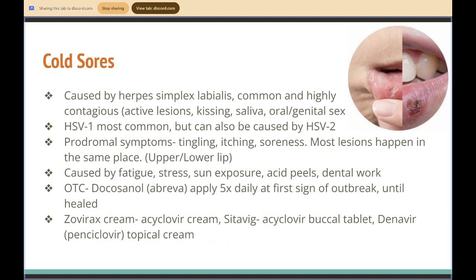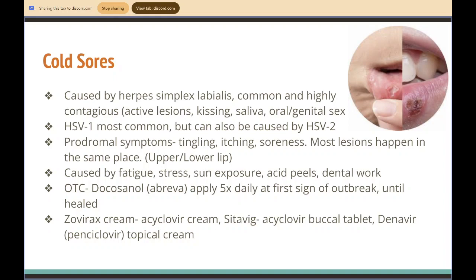All right, next we have cold sores. This is caused by herpes simplex labialis. It is common and highly contagious. It is spread by active lesions, kissing, saliva, and oral and genital intercourse. In the picture at the top right, on the left side, this is an internal lesion, and on the right side, it is external. It can be upper or lower lip, which are the most common